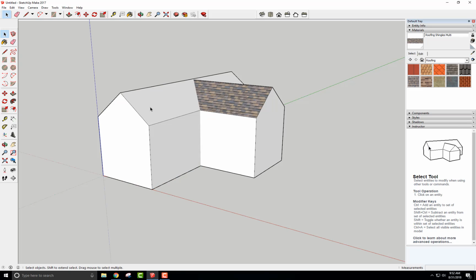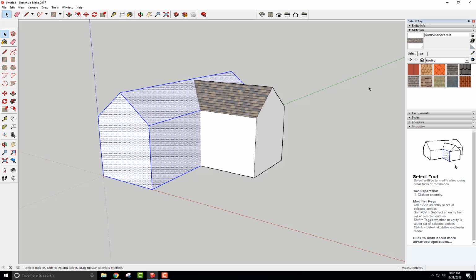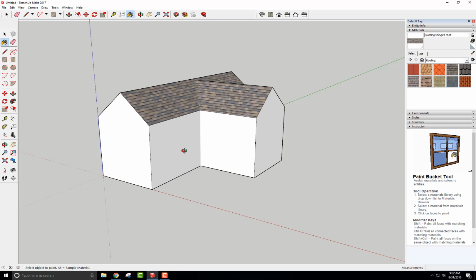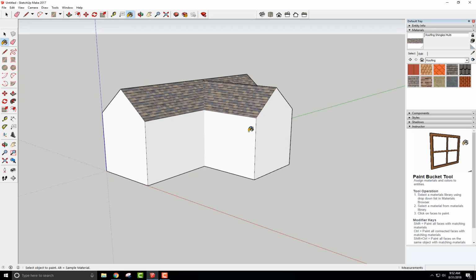First thing I need to do is click on this, right click on it and say explode, and that just changes it so that it's not a component anymore. I'll explode that. Okay, now it's just separate surfaces by itself. So now I can go back and add these shingles to the roof like this. Okay, so my roof is going. Then I want you to add some windows and doors. A basic window is like this. You can kind of be creative, but